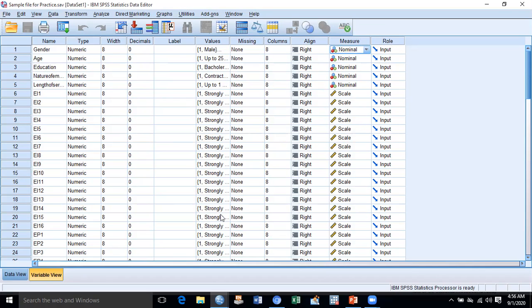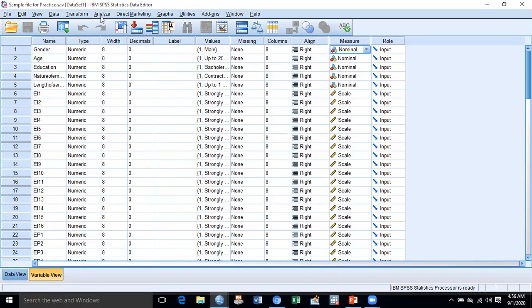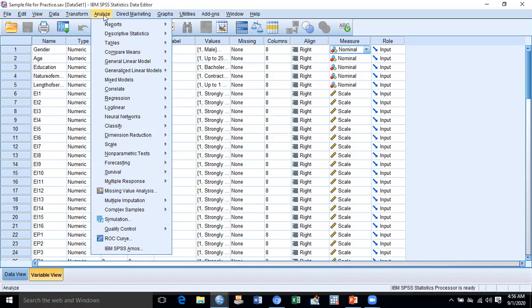So let's start our first analysis, how to check the missing values in the data. First of all, we shall click analyze, and keep one thing in your mind, that you will learn more than 90% of analysis from this tab, analyze.